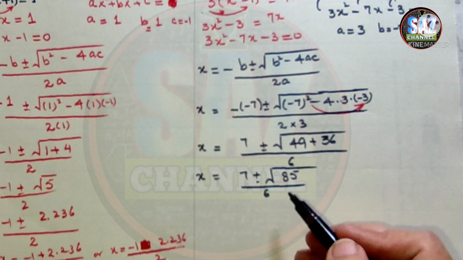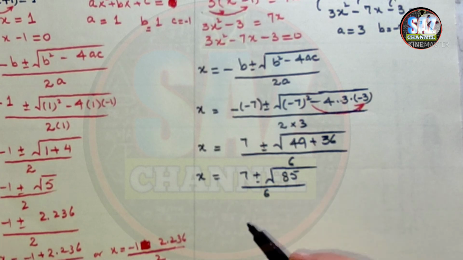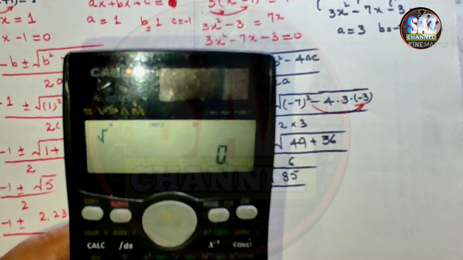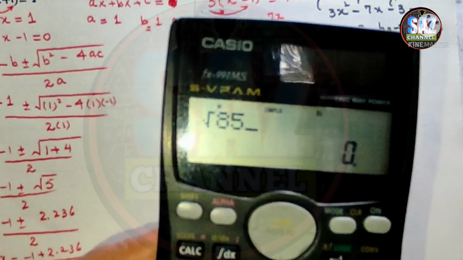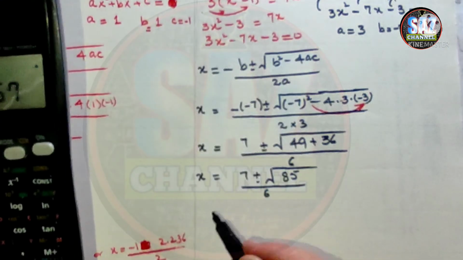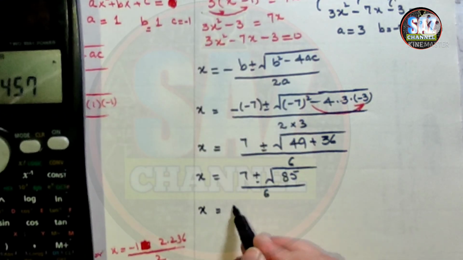Now we have to take the square root of 85 with the help of a calculator. Press the square root symbol first, and then 85, and this gives me 9.219. x equals 7